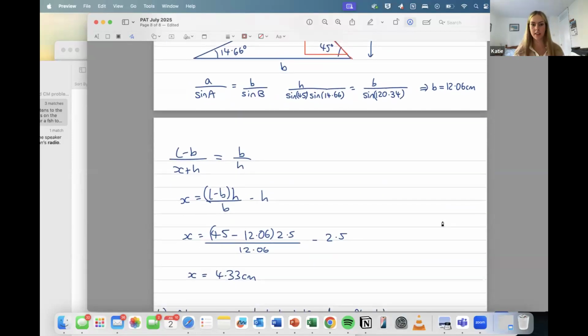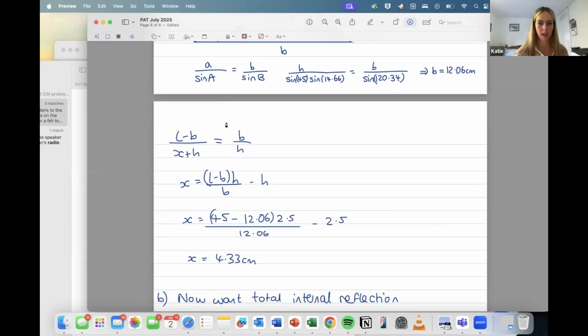And it's good to do a sanity check at this point. So we know that L is 45 centimeters. We know it must be closer to the side where it comes out, since it's coming out at a smaller height. So we're expecting it to be smaller than 22.5 centimeters, which it is.